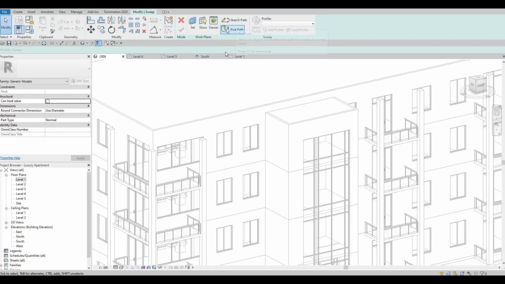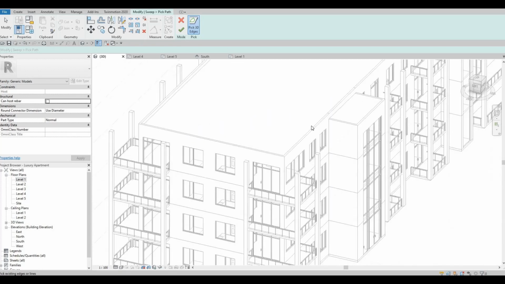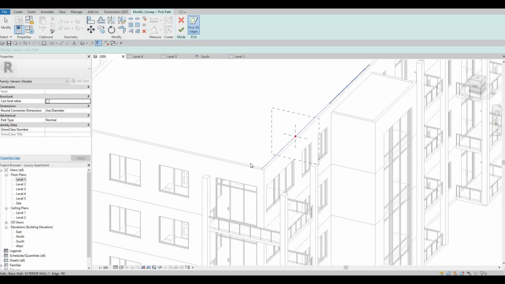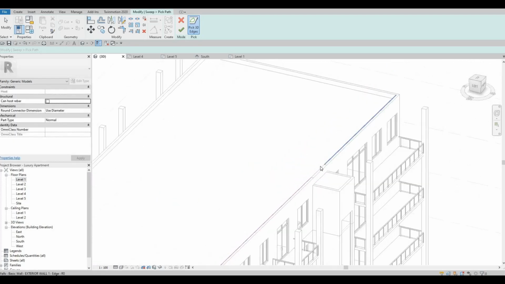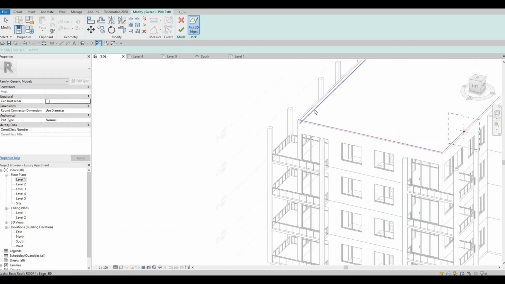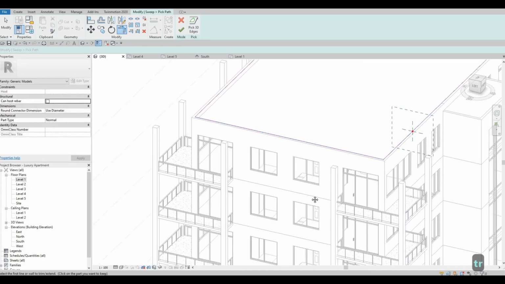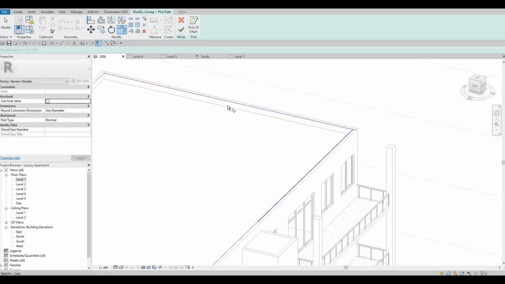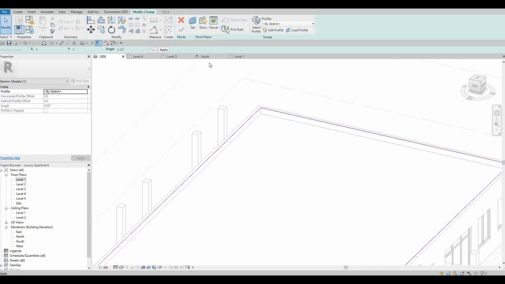So I'm going to pick the path 3D, and then let's pick the interior part all throughout our design. And then from the corner, we just need to trim them so that we don't get any error. And then click Finish,